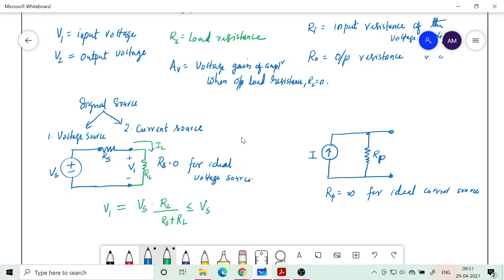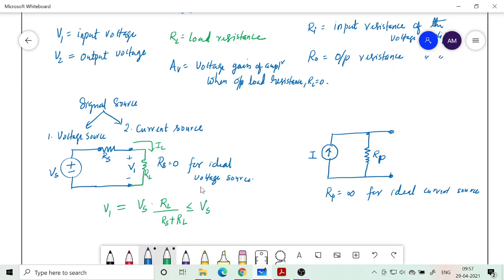So it is also a function of current, because Vs by Rs plus RL is the current. As the current varies, or you can say as the load resistance varies, the voltage you get at the output will become